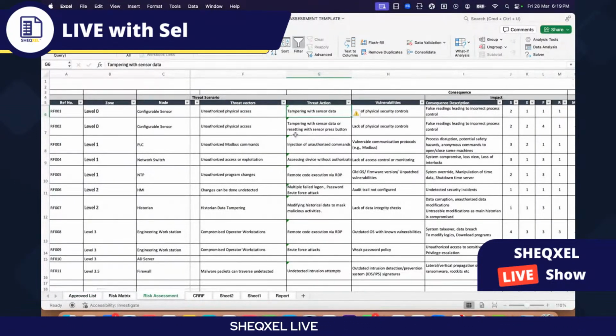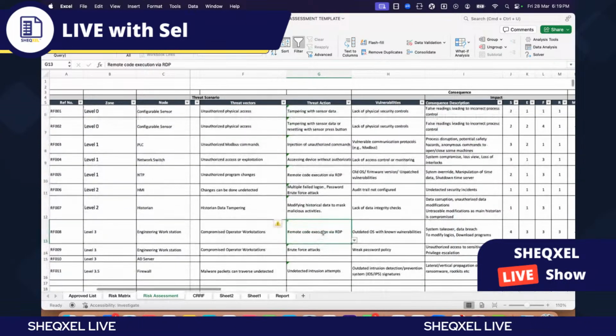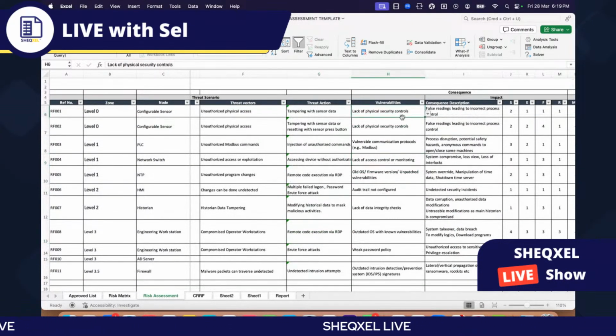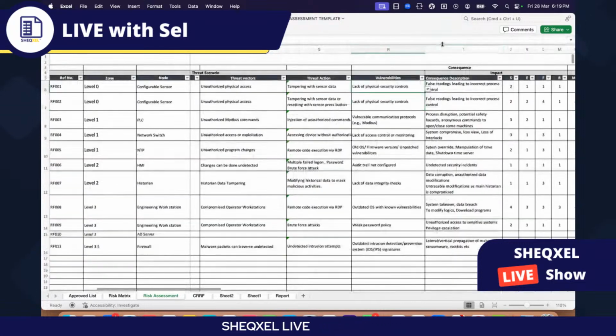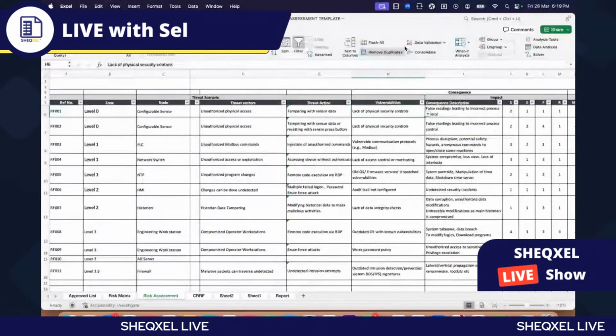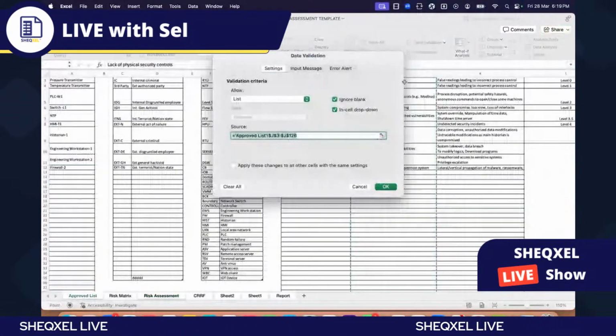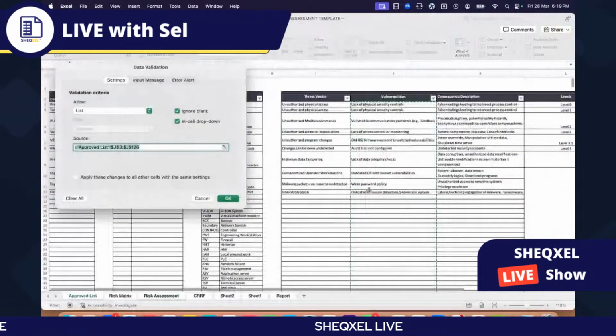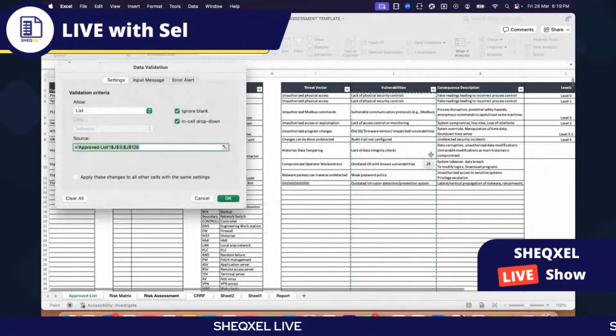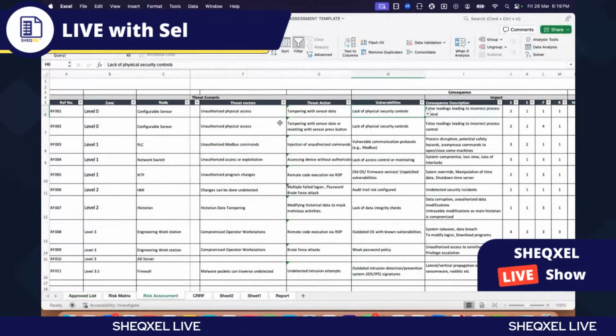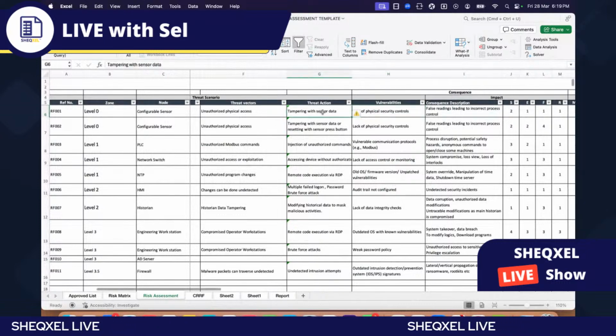Threat action is coming from tampering with sensors and remote execution vulnerabilities. So where is vulnerability coming from? All right, vulnerability is coming from here. Okay, so that is correct. So threat action,